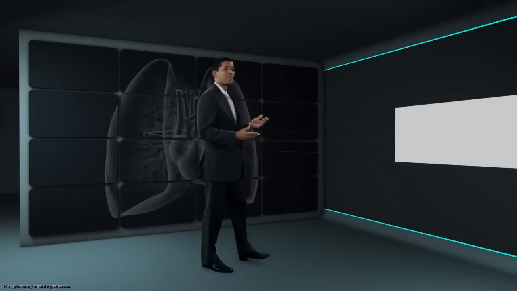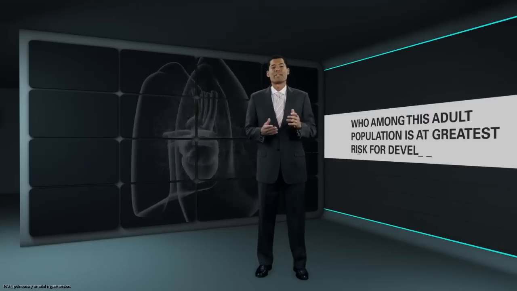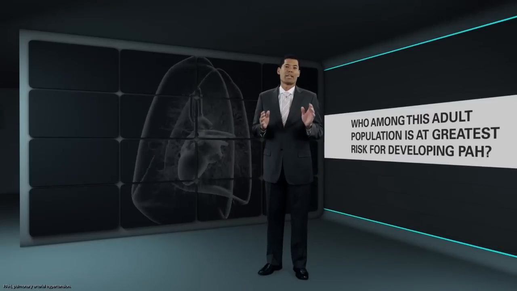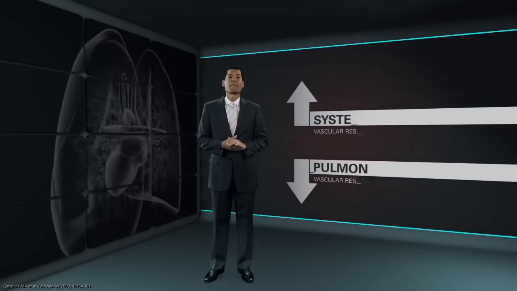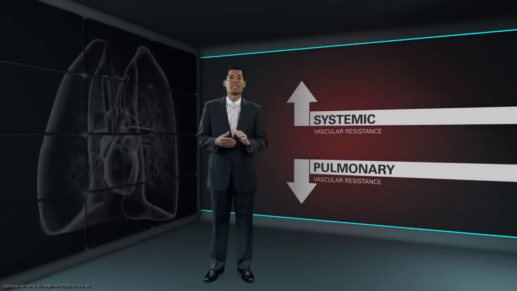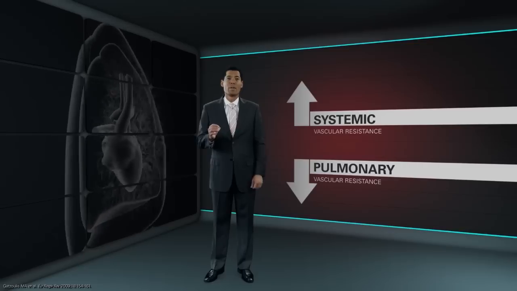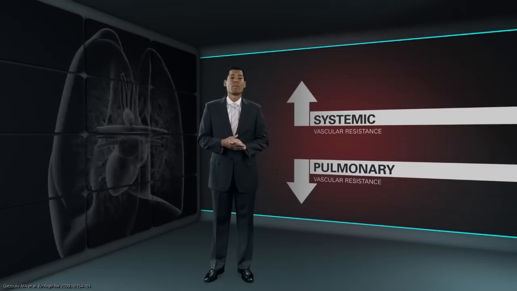Let's dig a little deeper to see who among this adult population is at greatest risk for developing PAH. Earlier, we discussed that congenital systemic-to-pulmonary shunting is an important risk factor for development of PAH. With intracardiac shunts, it's basic plumbing. Blood flows to the areas of lower vascular resistance. Normally, pulmonary vascular resistance is lower than systemic vascular resistance, so in this setting, blood would flow left to right